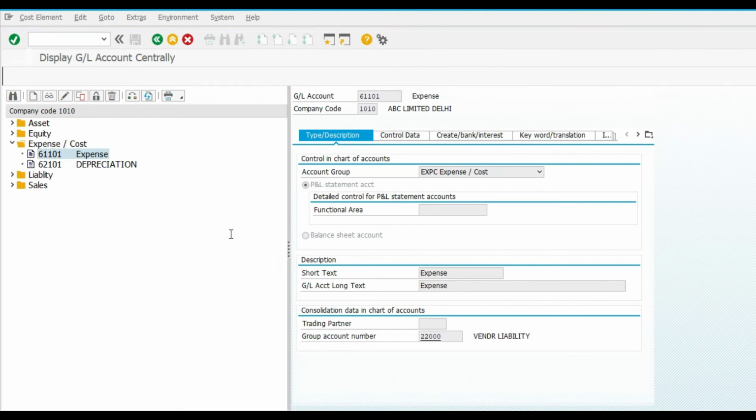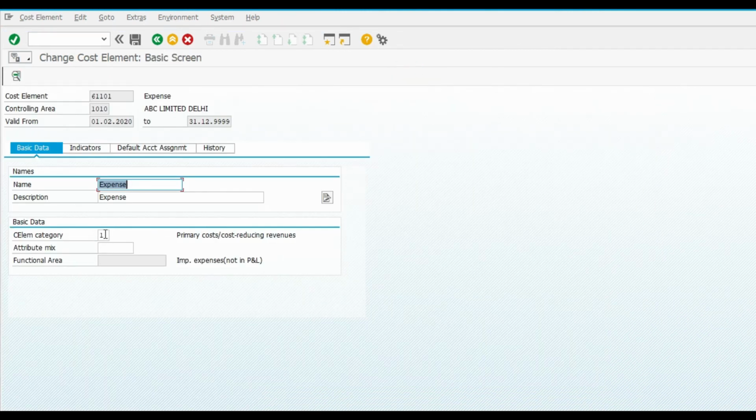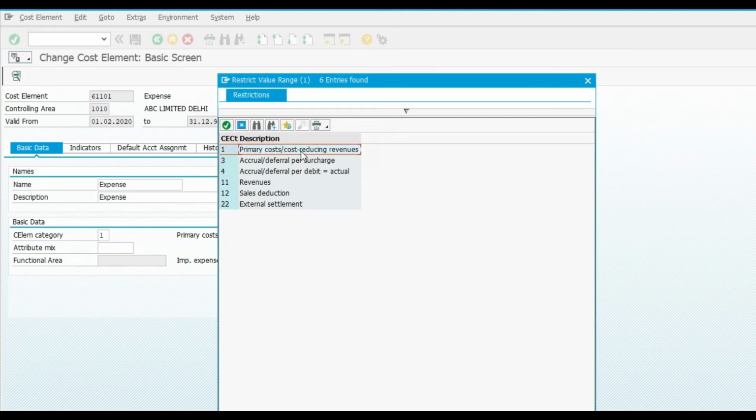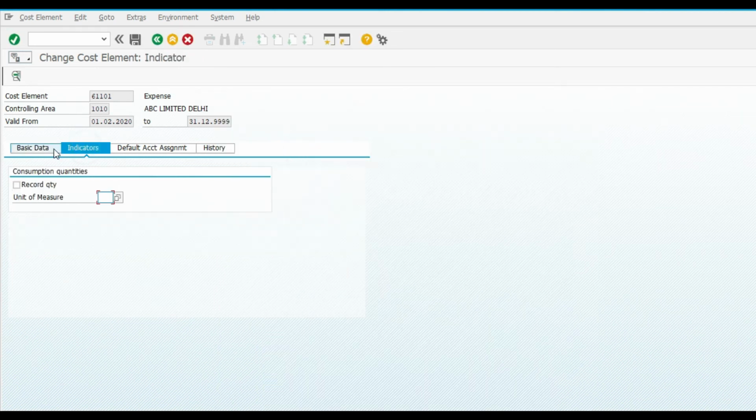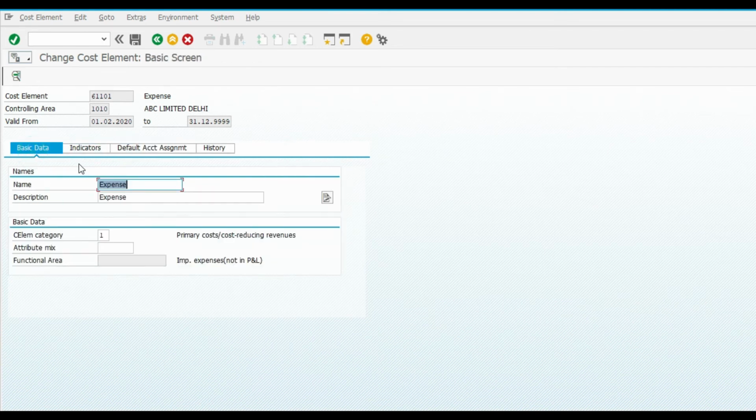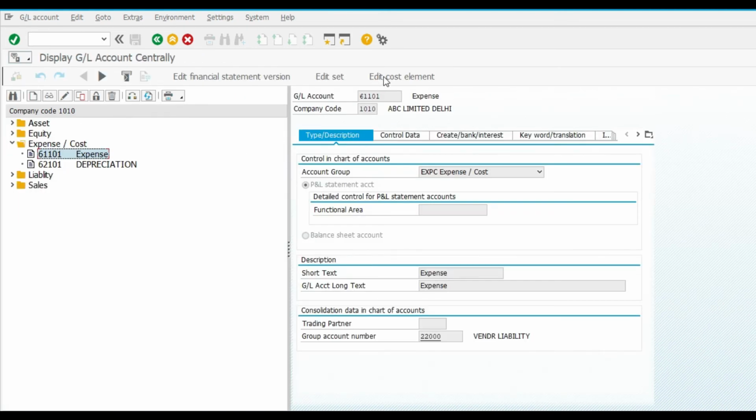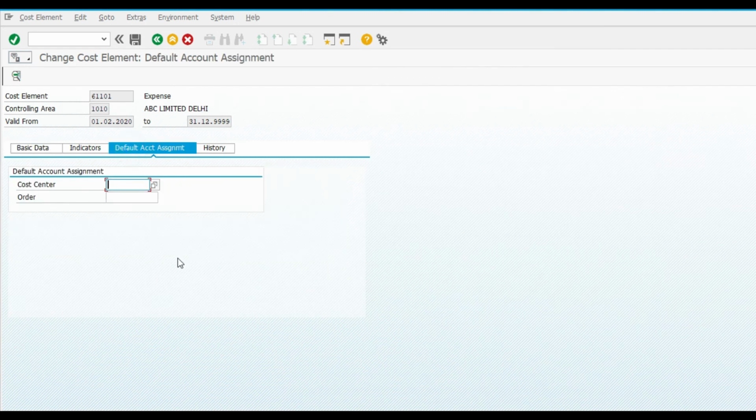Edit cost element. Expense category. This is a cost element category. So primary cost. We can save, indicator not required. Then save. So in it you can default the cost center also. Suppose you want this cost element to default the cost center, then we can assign this also.